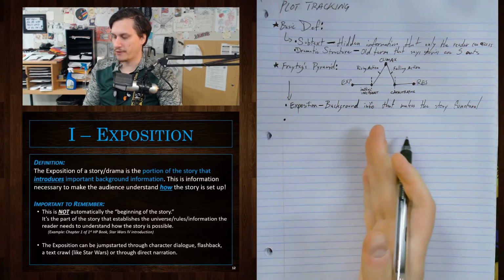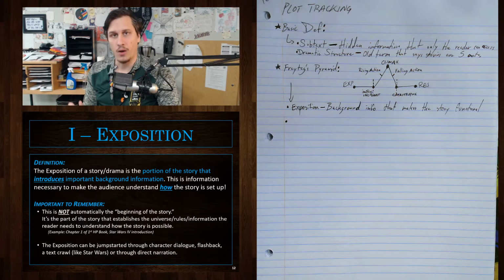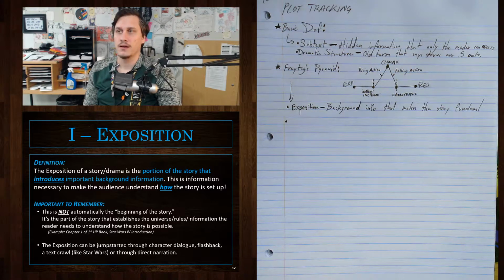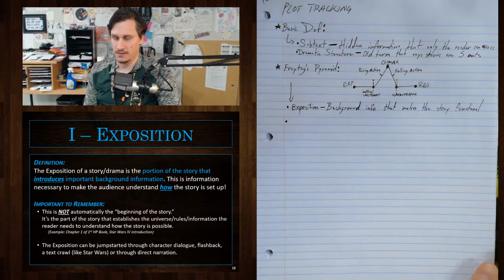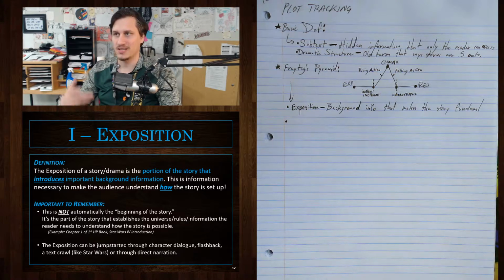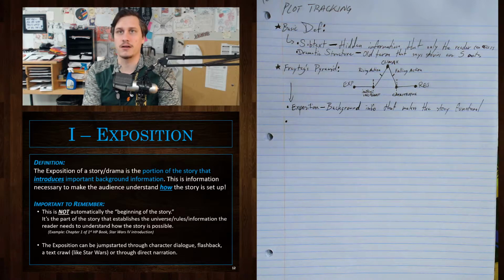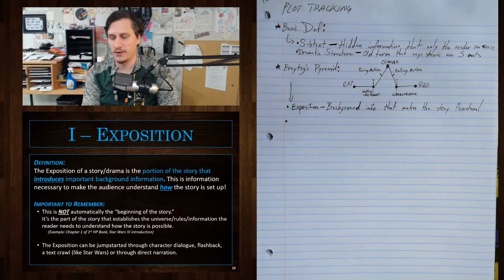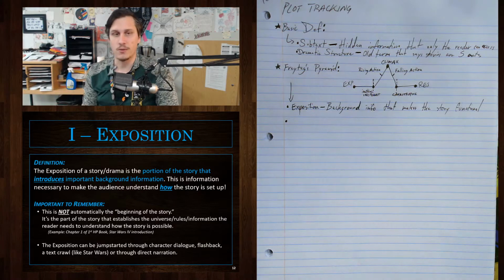Exposition is the background information that makes the story able to happen. Again, that is not always the beginning of the story, or at least that's a weak definition for what exposition truthfully is. It's supposed to be background information to establish something, okay? Now, some examples. Let's talk about Star Wars. If you've never seen Star Wars, I'm going to fill you in really quick. In the first Star Wars film, which is now called Episode 4, A New Hope,